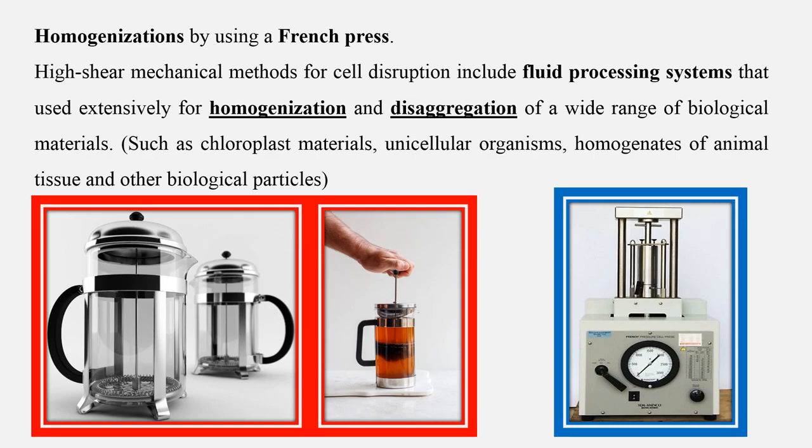Now, picture on the left show an example for homogenizer. It mainly used to homogenize the plant tissue and animal tissue. It's used for small-scale production,